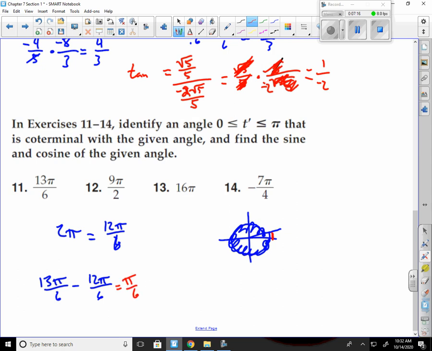It says then find the sine and cosine of the given angle. If I think about the cosine of pi over 6, that is going to be root 3 over 2. And then if I find the sine,